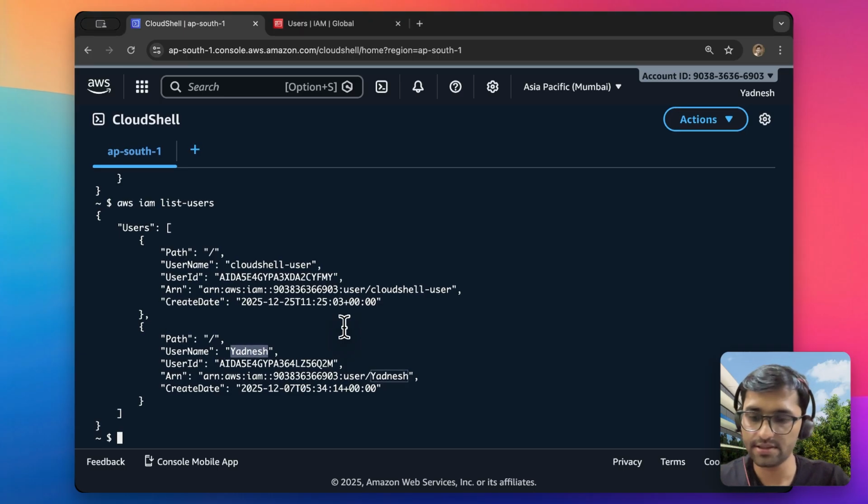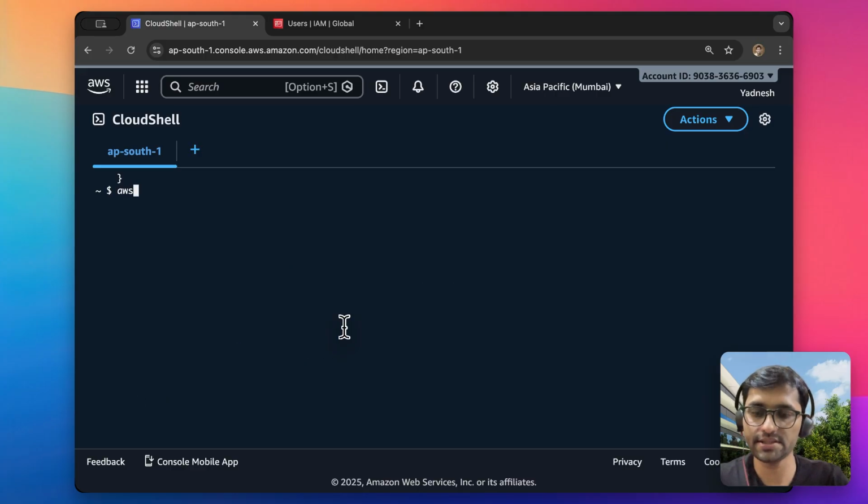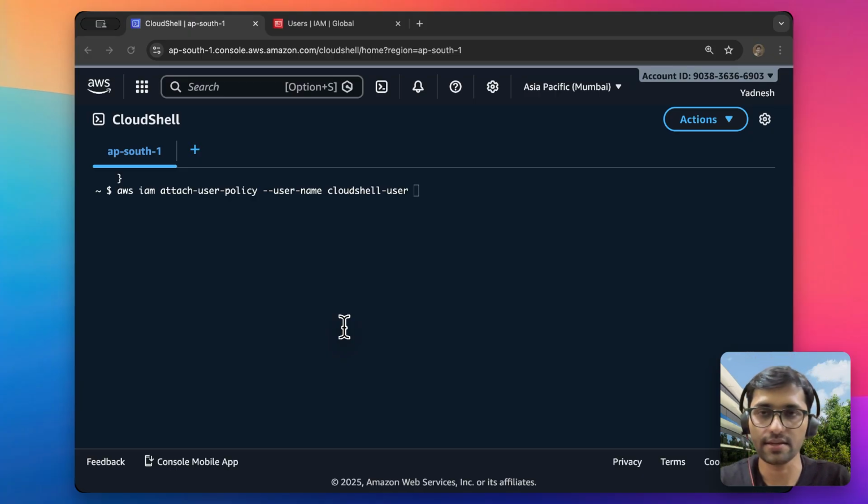So the command is, let me clear the terminal, AWS, then IAM, because this is the IAM service, and then attach user policy, not policy, user. You can press tab button, user policy. Then you have to give the username, the user name of the user was CloudShell user. You can press tab button. And then you have to provide the policy ARN. So hyphen hyphen policy ARN. You can use tab button so that it will prompt the entire command for you,